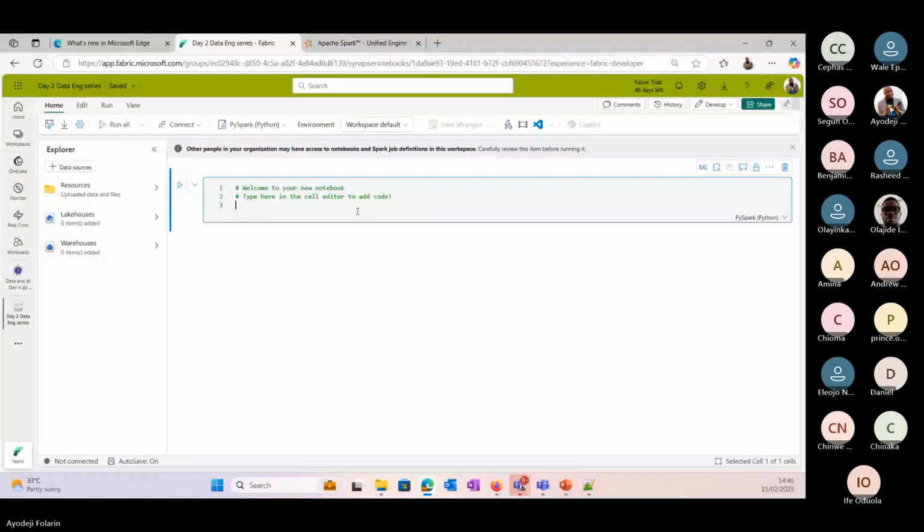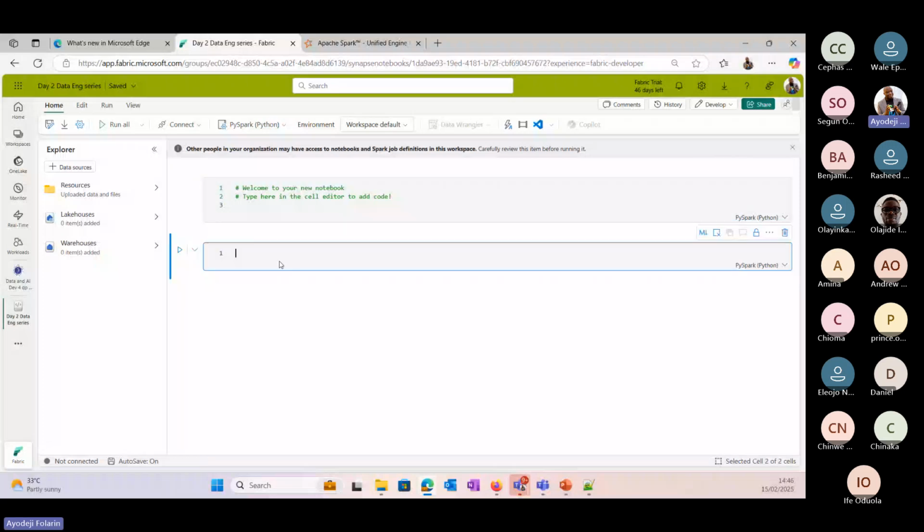If I want to execute the code within a cell, there is a run cell icon here. Hit the run cell icon, it executes the code within that cell. But if you have 20 cells and you want to run the code in all the cells, no problem.